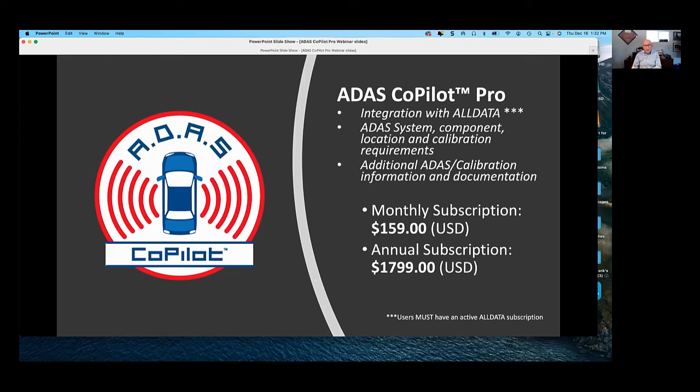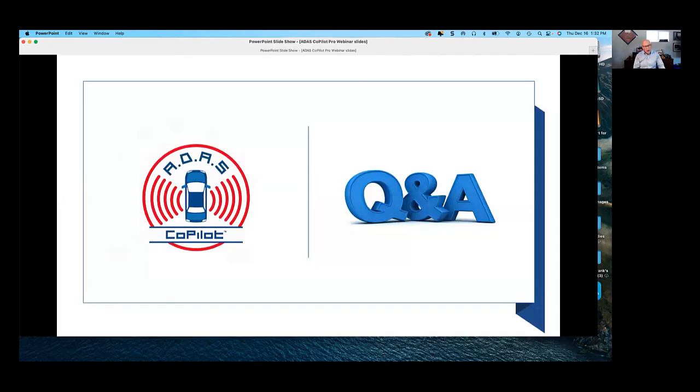After the end of the year, if you have ALLDATA and you want to integrate with ALLDATA through the app, the monthly subscription will be $159 a month, and the annual subscription will be $1,799 a year. So again, if you have ALLDATA and you want the integration with the repair procedures, it's $159 a month and $1,799 a year. All right, so I tried to keep this under 40 minutes, which I think I accomplished.